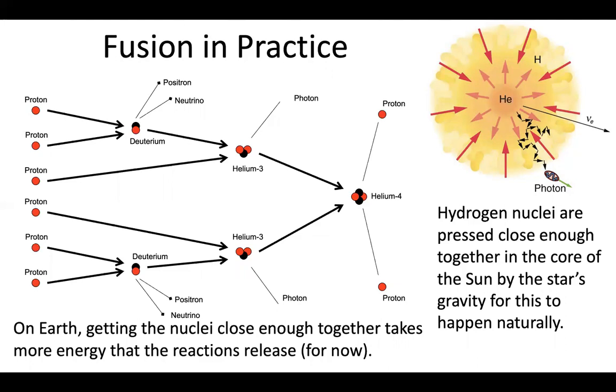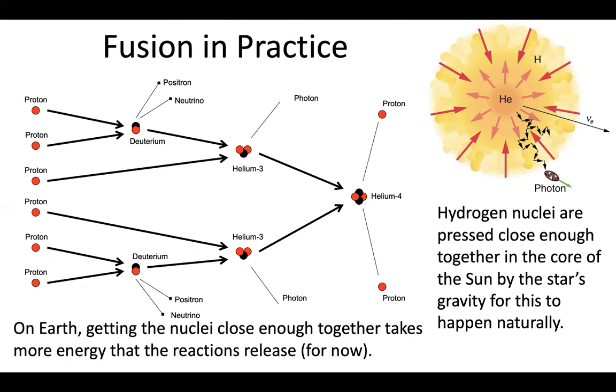Now, ideally, you could use that energy from the nuclear reactions to feed back and power whatever you're doing to throw these protons together and get some sort of net power out. That is possible. Nobody's figured out how to do it yet. So on Earth, this is not a viable power source yet. It is something a lot of people are working on, but it just doesn't happen naturally because you've got to fight the electrostatic repulsion of all of these protons.